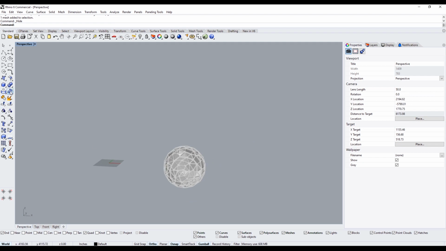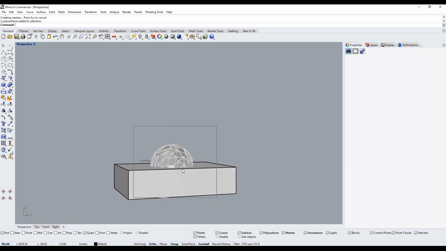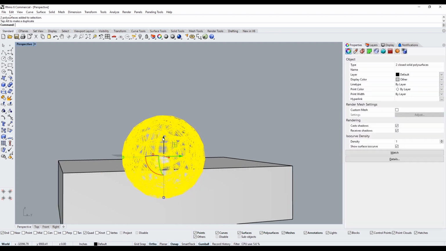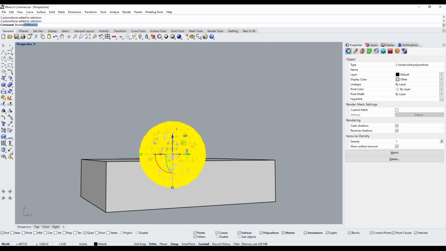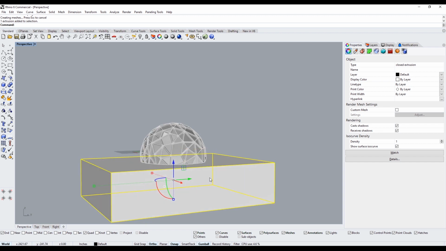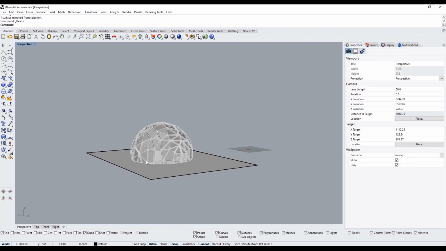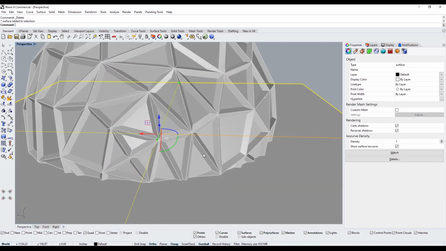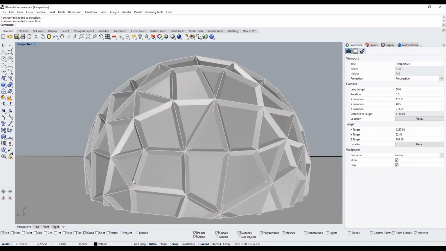And now we can create a box to subtract the bottom portion. So we'll go like this and bring this up a little bit. And then we'll do a Boolean difference. And then I'll explode this and keep that top piece. And there we go. We've successfully created a pretty interesting dome here with the inside portion, the outer frame,